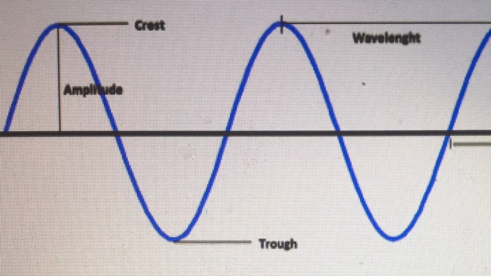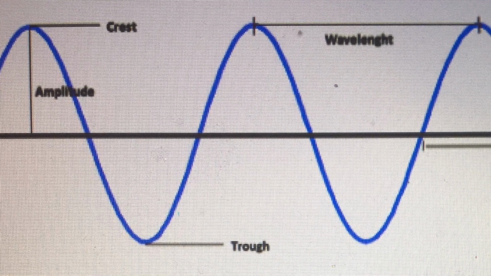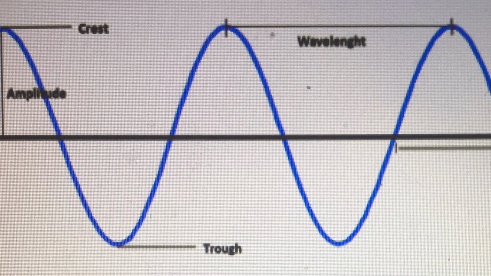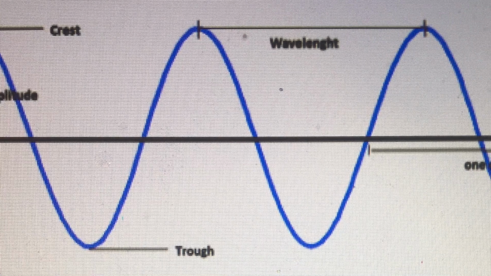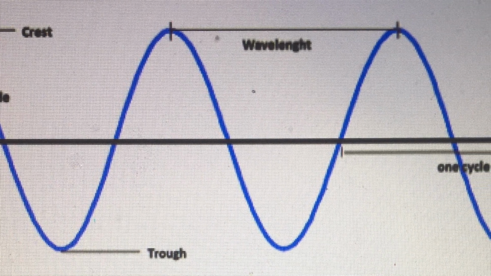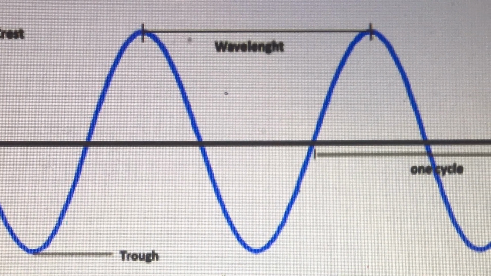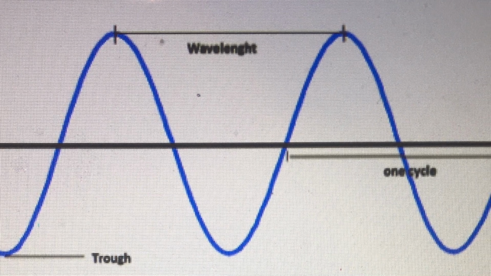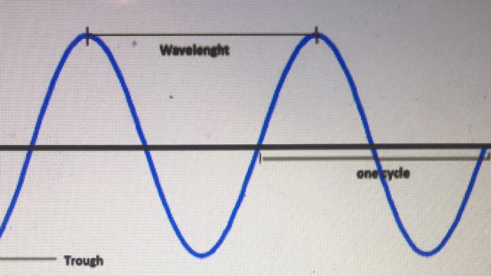A wave refers to the oscillation present in nature. Mechanical waves, acoustic waves, water waves, electromagnetic waves, seismic waves, and many more with which natural phenomena can be studied. A wave is made of four parts: the crest, that is the maximum positive displacement from an equilibrium position; the trough, that is the maximum negative displacement from an equilibrium position; the amplitude, that refers to the distance from an equilibrium position to the crest; and the wavelength, that is the length from crest to crest or trough to trough